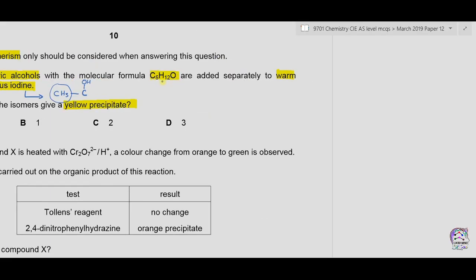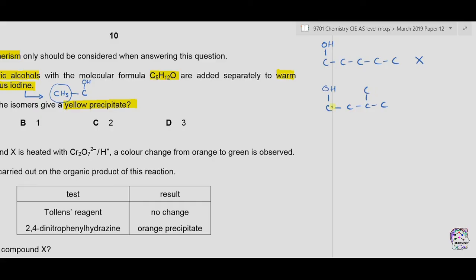Let's draw possible structural isomers of C5H12O and let's see which ones have a methyl group attached to the carbon atom having the OH functional group. As we have 5 carbon atoms, 1, 2, 3, 4, 5, OH could be attached to the first carbon, which is a primary alcohol. So this has no methyl directly attached, so therefore this won't give a positive result. There are other possibilities of this structure. We can draw them as this,